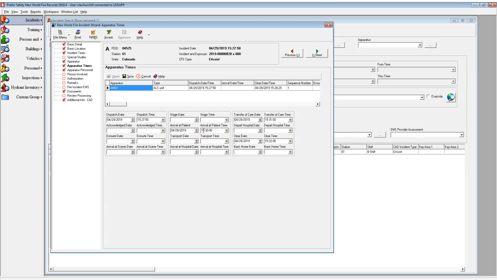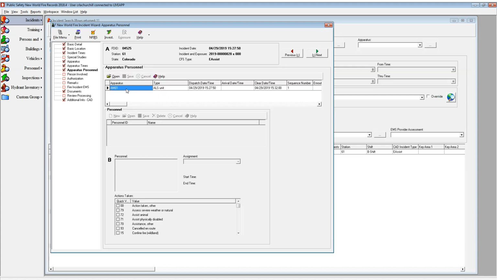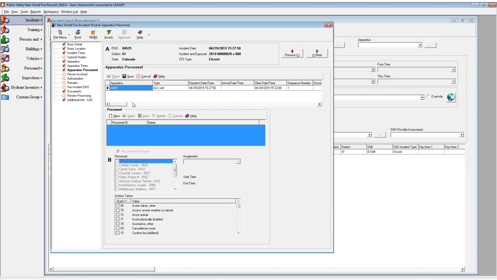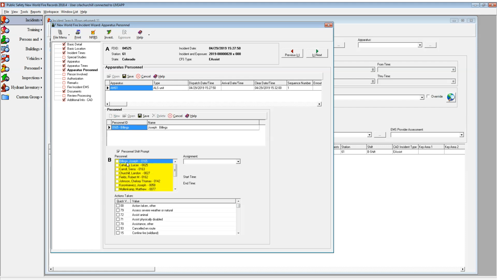Perfect. So note that these two are filled in because they transfer over to a lot of other boxes later on. Next. Apparatus personnel. So again, sometimes supervisors will enter this in, but sometimes it looks like this. And there are people who are not here, whether it's because of a trade or an overtime situation. So delete the people that aren't here. Leave people that are. If somebody's not there that was there, you're going to go ahead and hit new, go